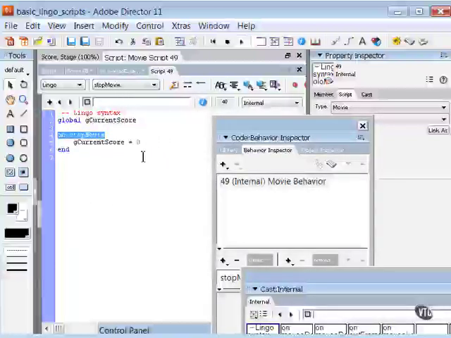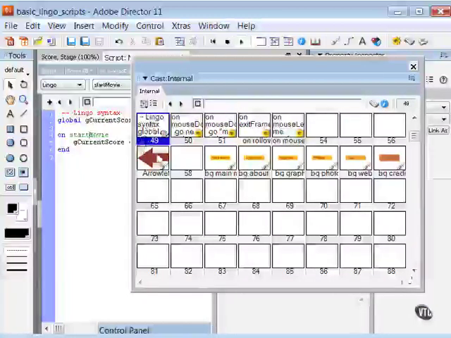There's a compatriot to this event handler, on startMovie. So when the movie starts, oftentimes you want to initialize everything, maybe move sprites back in place, set the score to 0, get your movie ready for its initial running, so that you would just then type on startMovie, gCurrentScore equals 0, end. And again, this is located here in the cast window in position number 1 because you'll